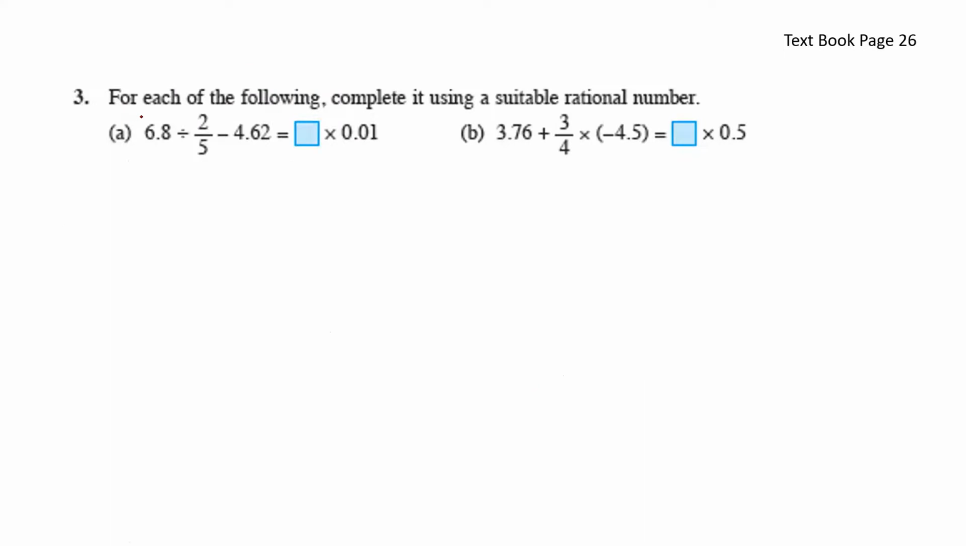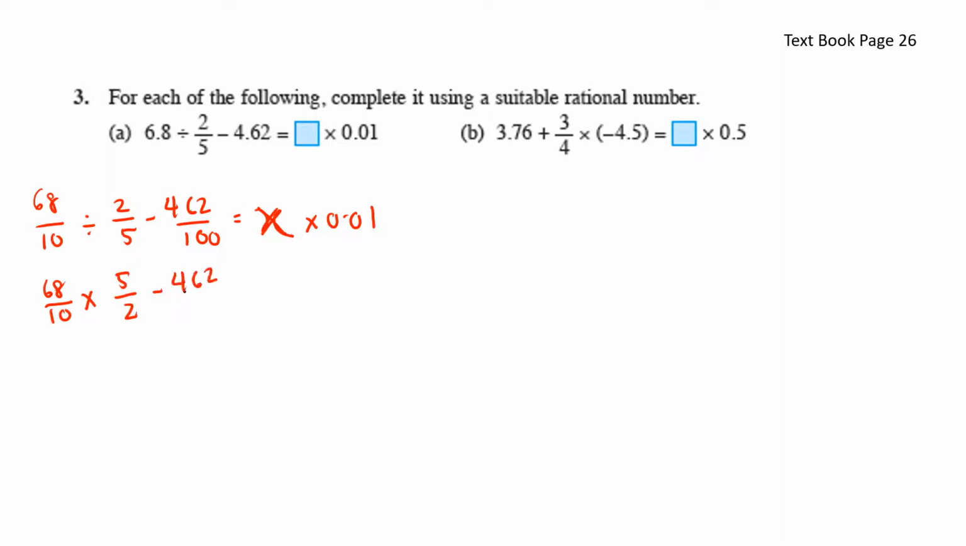For each of the following, complete it using a suitable rational number. Okay, so here we have 68 over 10 divided by 2 over 5 minus 462 over 100 equals to x, big X here, times 0.01. So let's solve what we have on the left first. 68 over 10. Let's flip this over so that we can change this into a multiplication. Minus 462 over 100